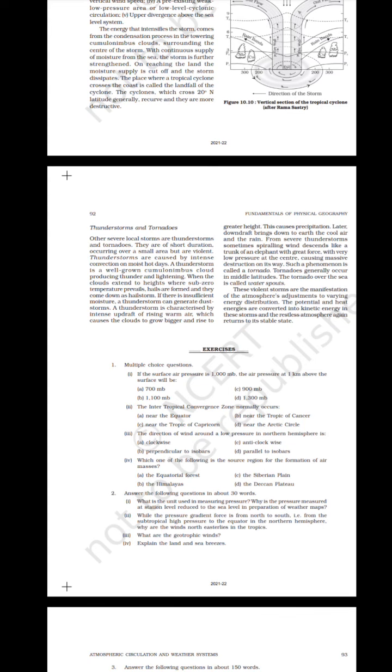A thunderstorm is characterized by intense updraft of rising warm air, which causes the clouds to grow bigger and rise to greater height. This causes precipitation. Later, downdraft brings down to earth the cool air and the rain. From several thunderstorms, sometimes